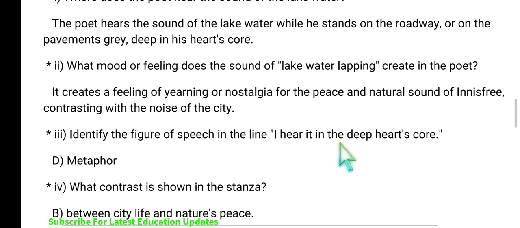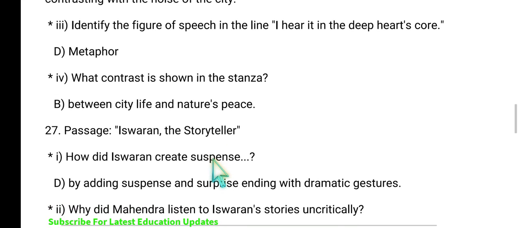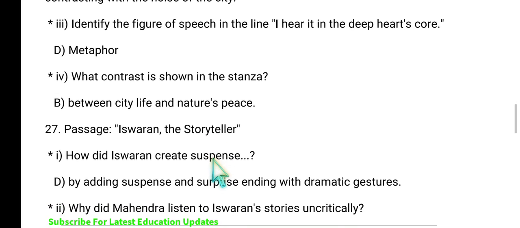I hear it in the deep heart's core. So answer is, most of the students do feel that I hear it in the deep heart's core may be personification, but it's wrong. Answer is, an indirect comparison is made here, metaphor. What contrast is shown in the stanza between city life and nature's peace is compared here. Next,